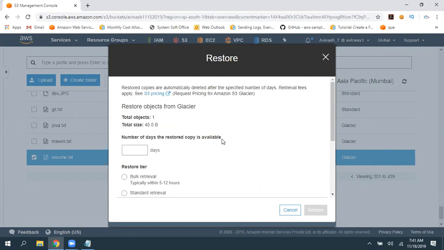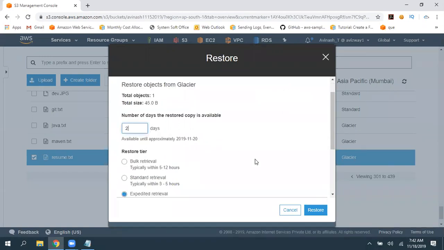What happens when you initiate restoration? You are not going to get that object from Glacier. You are going to get a temporary object in RRS. The same data is going to be copied. The same file will be in RRS. For these defined days, it will be available. After 2 days, whatever RRS object you got is going to be deleted automatically. So only for the coming 2 days, you are going to get a temporary object with the storage class RRS, reduced redundancy storage. Then it is going to be deleted automatically.